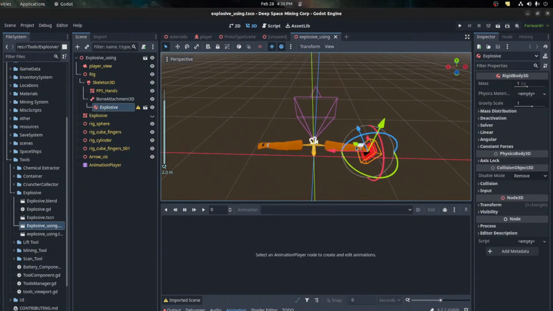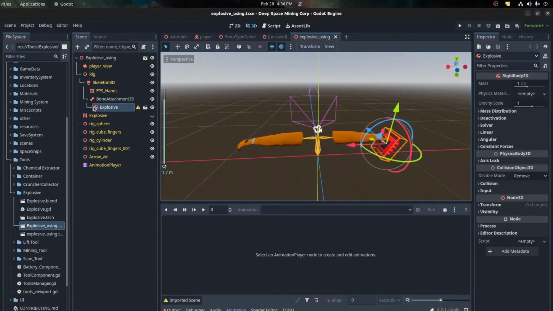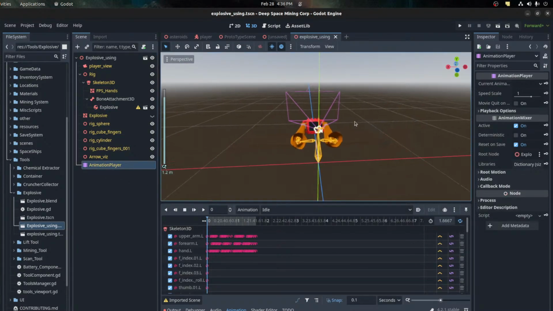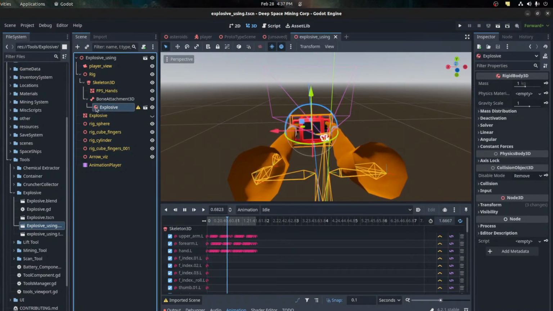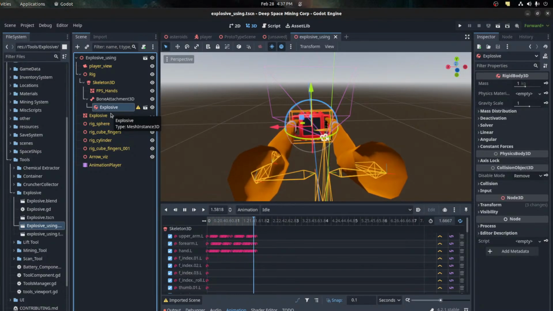Alright, let's go back to this guy. Oh, look at it. This is a rigid body, by the way. I plan to have it, I don't know if it's better, but